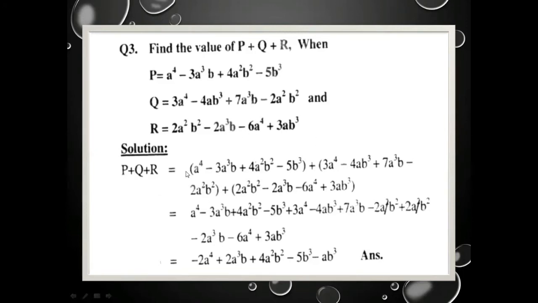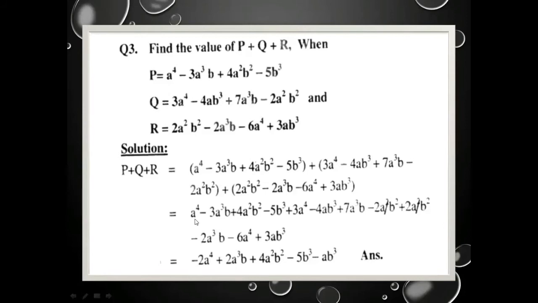Now, by multiplication of the sign, here we have a plus sign, so we open the bracket. We know that when we multiply by a plus sign there will be no change, so all terms will be the same. Then for the second bracket, again a plus sign is there, so there will be no change. The same step will be done for the third polynomial. Then we will see where the like terms are.